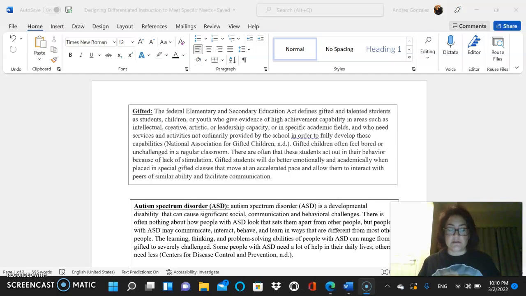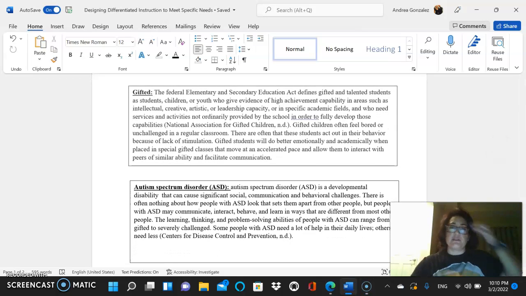I'm here to discuss the five IDEA disabilities that I chose. I'm going to start off with the gifted. The Federal Elementary and Secondary Education Act defines gifted and talented students as children or youth who give evidence of higher achievement capability in areas such as intellectual areas, creative areas, artistic or leadership capacity, or in specific academic fields.